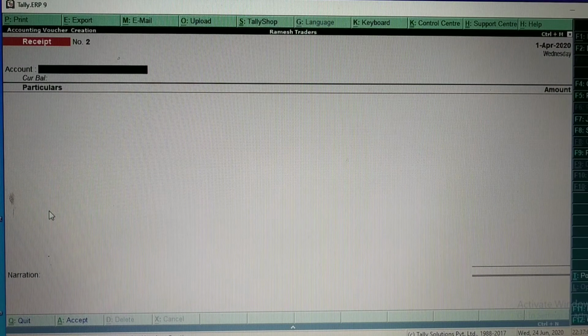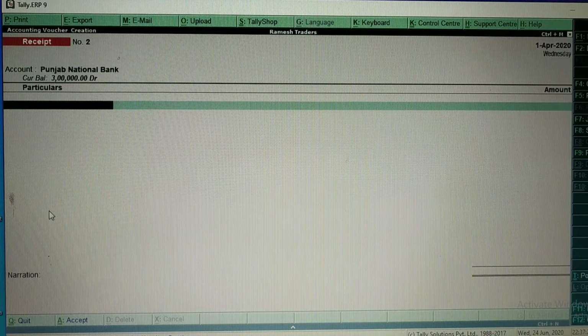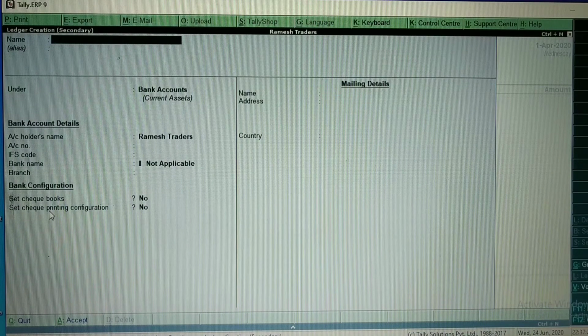Okay. Now, Ramesh Traders company is receiving interest. From which bank is it receiving? Punjab National Bank. So what will come here in accounts? Punjab National Bank will come, and interest is being received. For this we need to create a ledger.